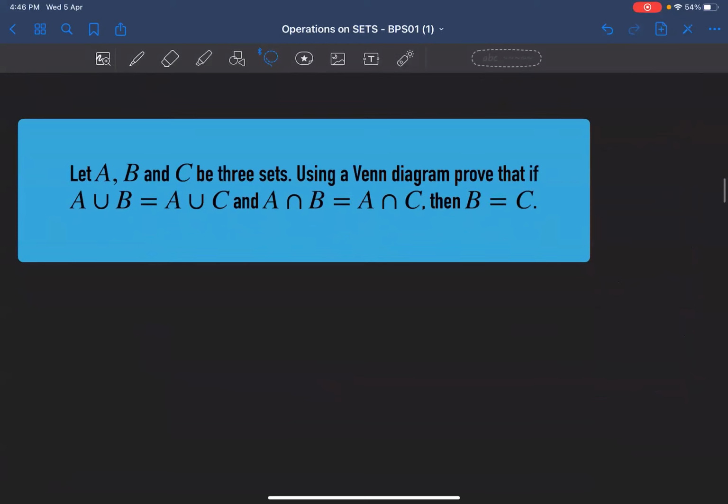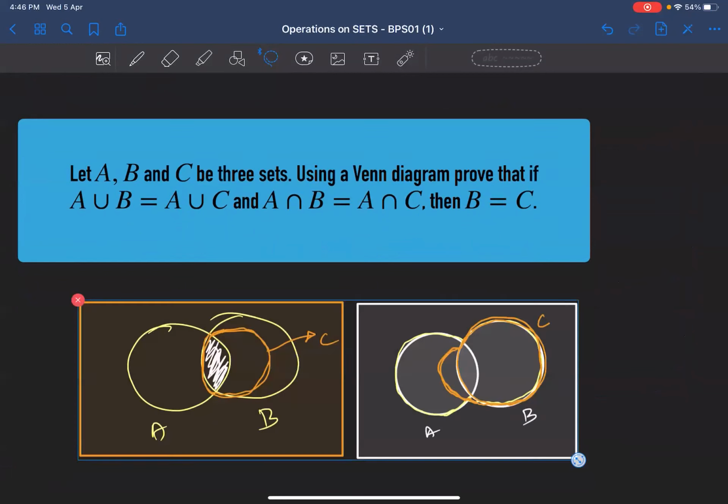Now can you see this statement now? Can you see this statement? And then think about these two examples. If A union B is equal to A union C, and then A intersection B is equal to A intersection C, then I can say B is equal to C. Yes, sir. Because if I take this case,